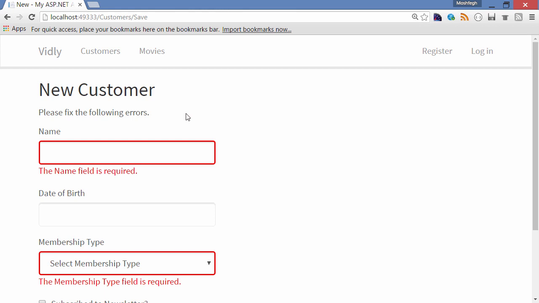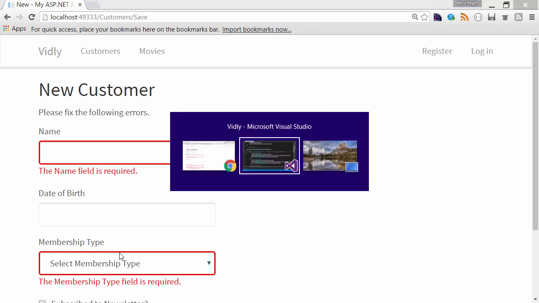Now, one more thing before we finish this lecture. In terms of usability, I'm not quite happy with the order of these fields. Because name and membership type are both required fields. But date of birth is optional unless the user selects a membership type other than pay as you go. So whether the date of birth is required or not is dependent on the value of membership type. And I believe it's more logical to put membership type first because this creates a better and more logical flow in the form. So back in the view,